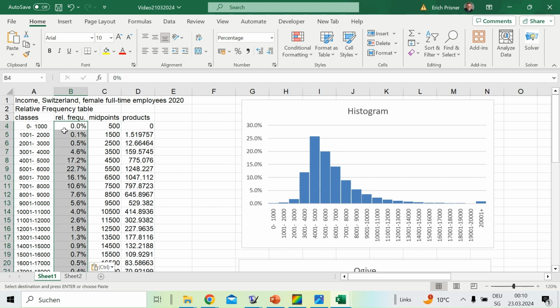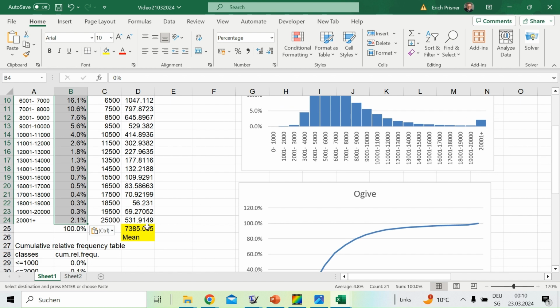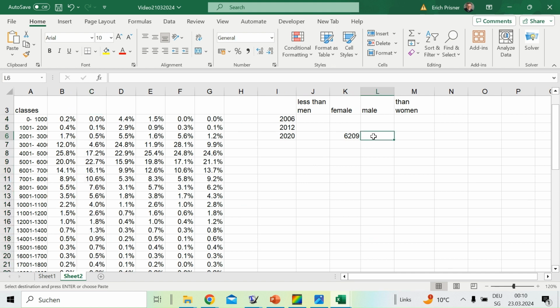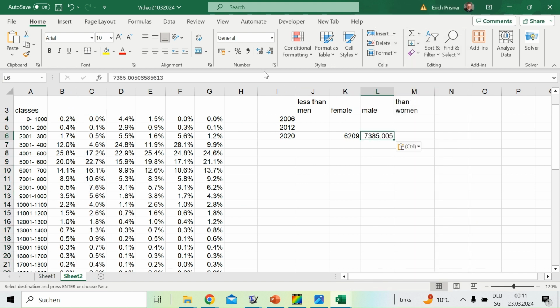So I can just paste it in. And you see the histogram did change a little. And the mean did change. So here's the mean, 7,385. So I'm copying it and I'm pasting it in here. So again, paste special